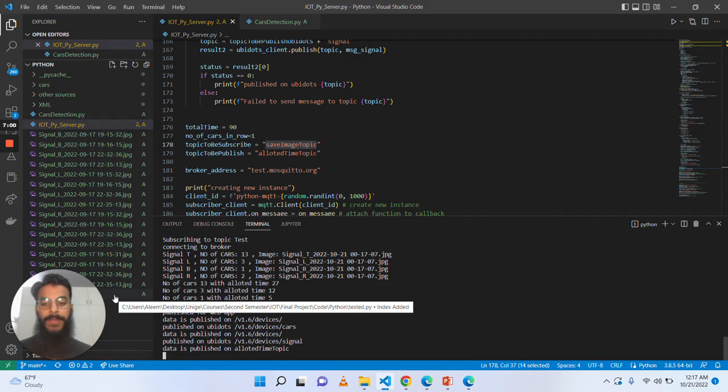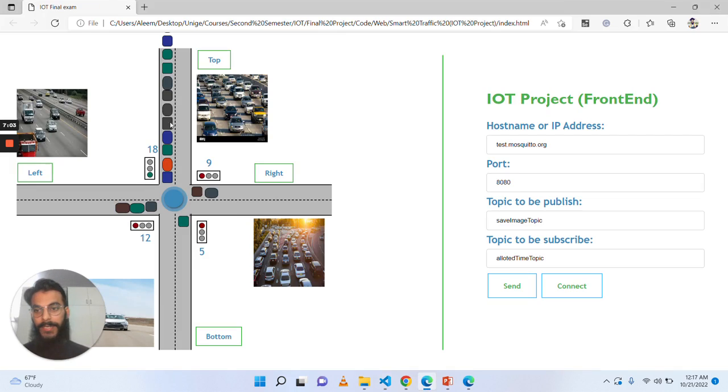We will discuss the complete backend process and how it is working. But here, as you can see, the backend service sent the data to the simulator, and the simulator simulates the small cars and the timer. The timer runs priority-wise. The first timer, the highest allocated time, runs first, and then the second highest, and then the third highest. As you can see, the previous signals are now closed, and after that, of course, the last one.